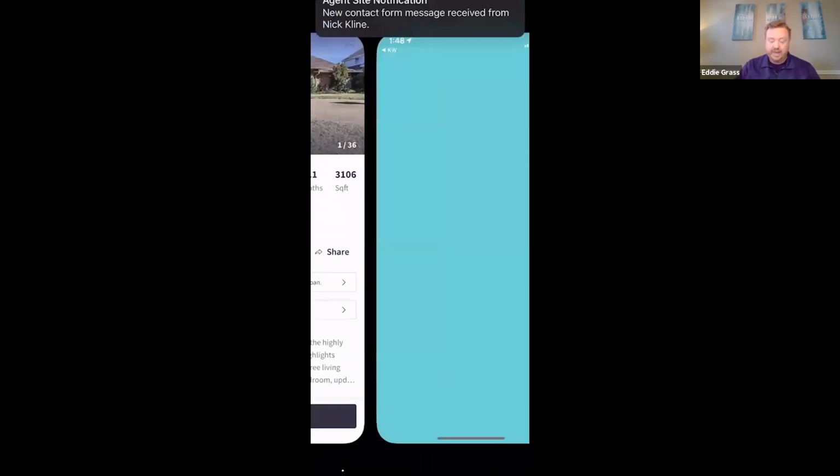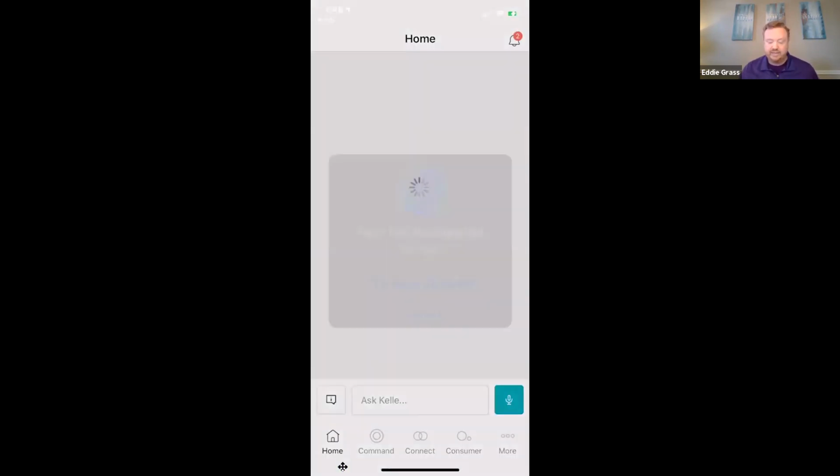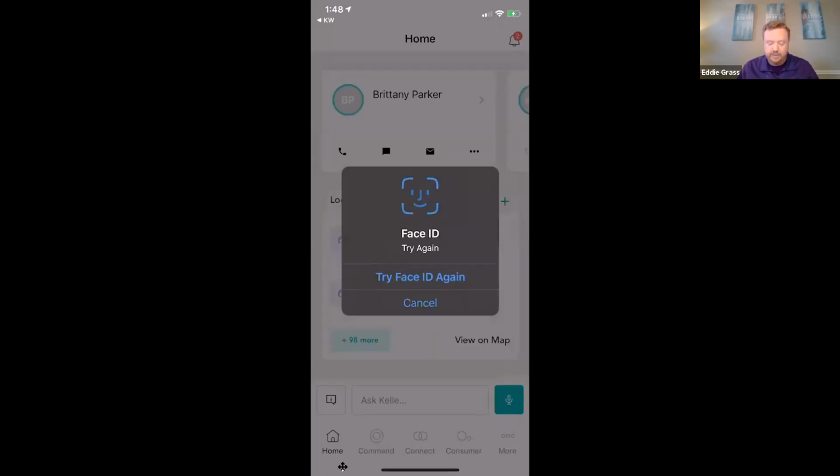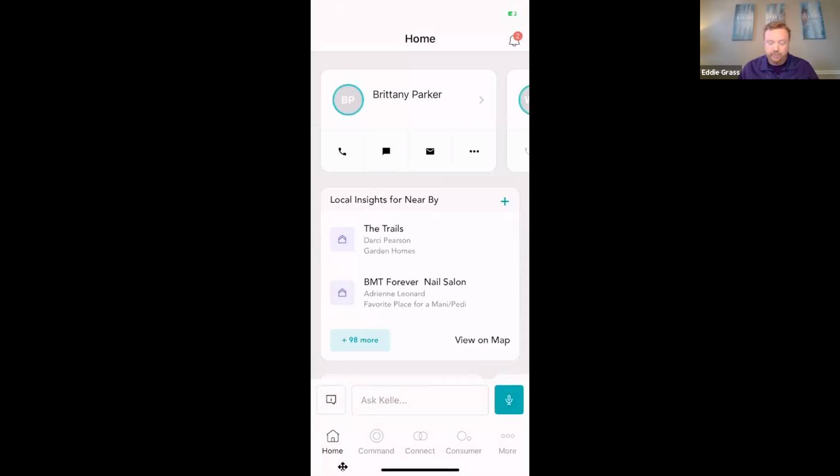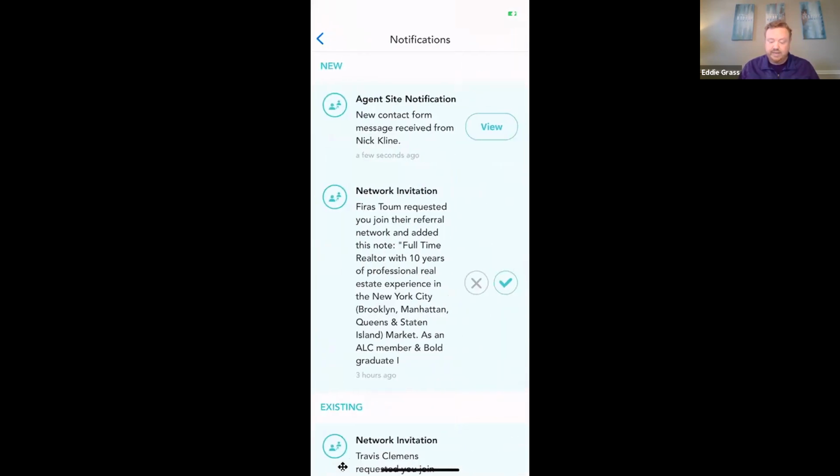If you click on that, because you're the agent, it doesn't show you. You have to click on notifications up on the top right in Kelly, because that's how we get notified. See here, it says new contact from message received from Nick Kline. Of course, it's my app, so it's going to say my name. But if Sally was my client, then it's a new contact from message received from Sally. So if you click on view,